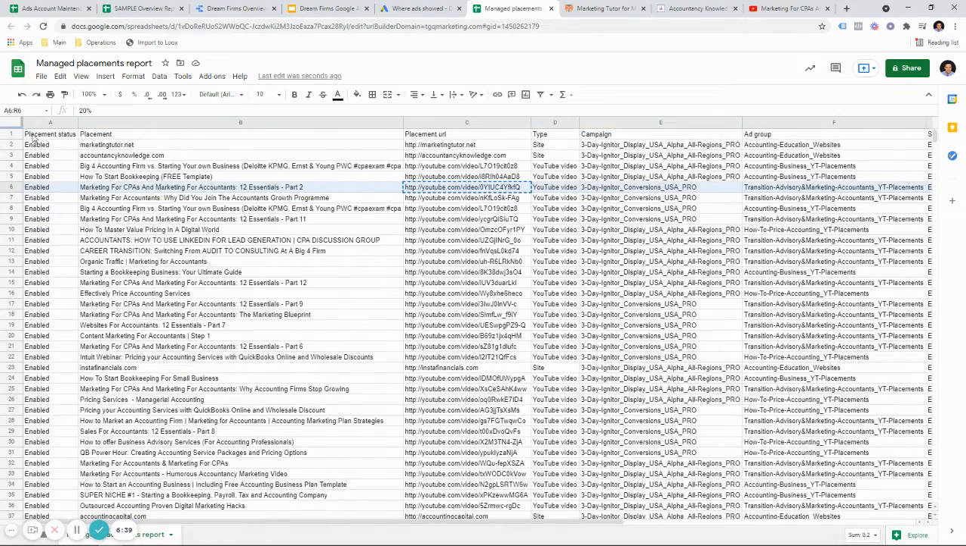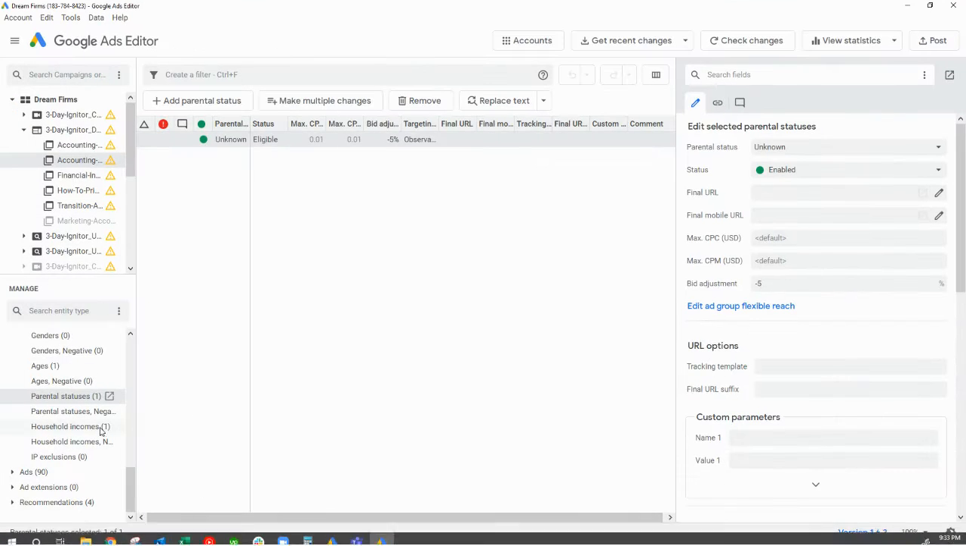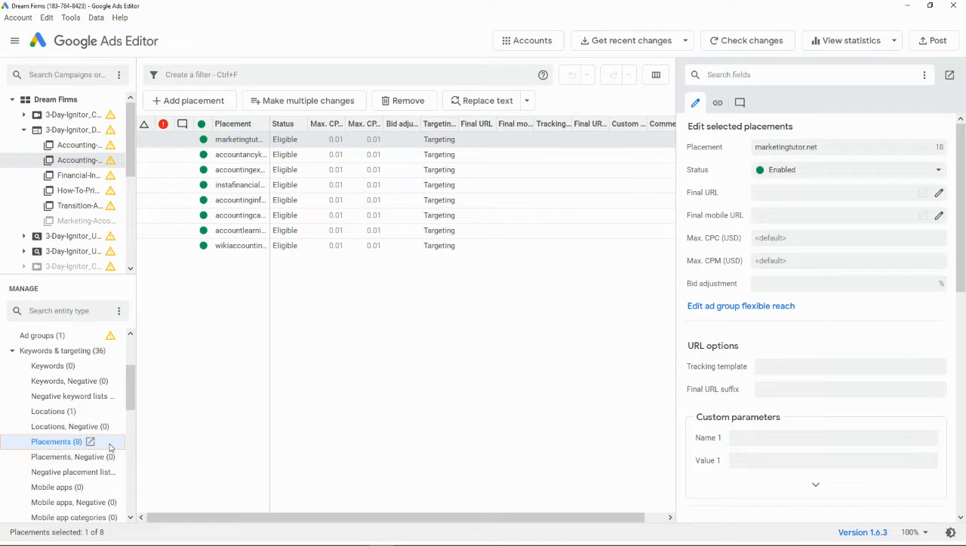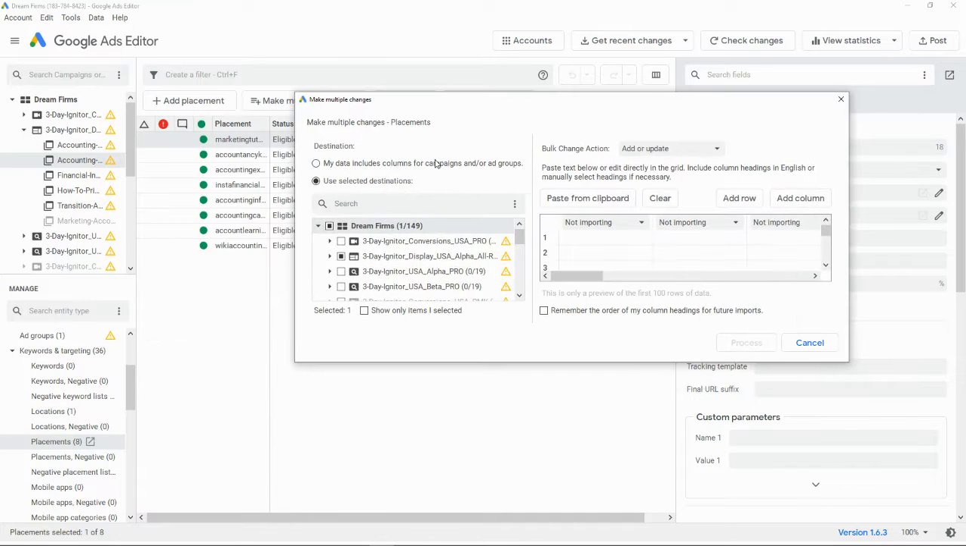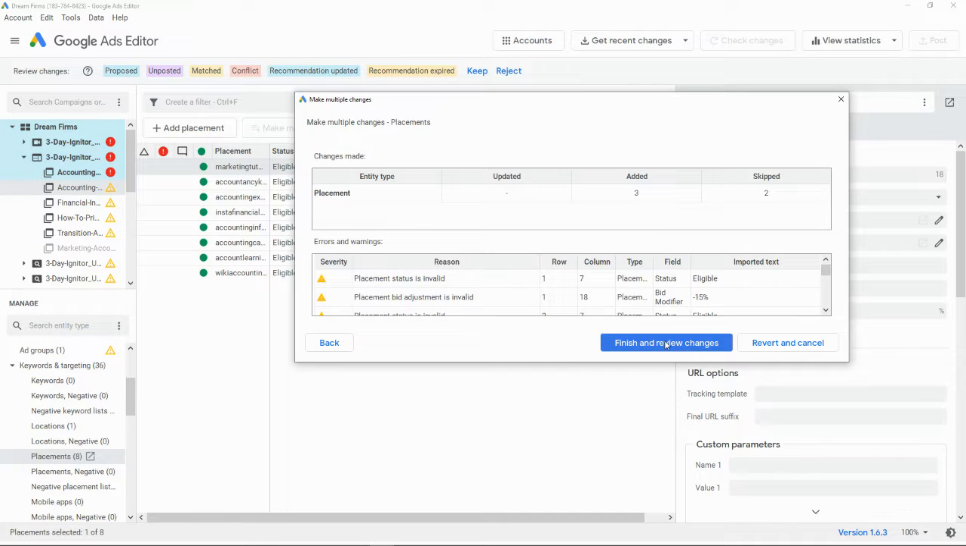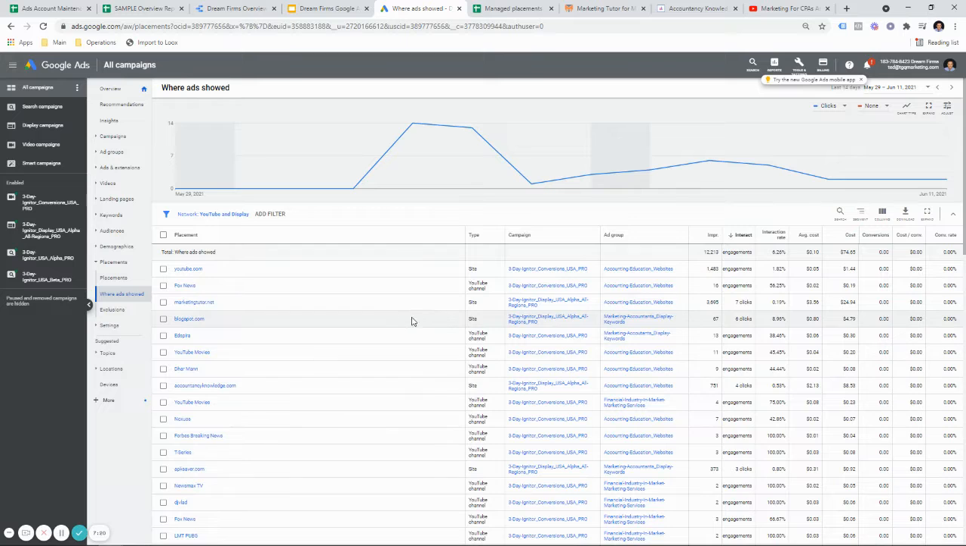So we have these bid adjustments. Copy this. So placements, let's see if we can make multiple changes and do a bid adjustment on these placements. Process. It looks like you can't do bid adjustments like this because it thinks it's like a website. So our best bet,